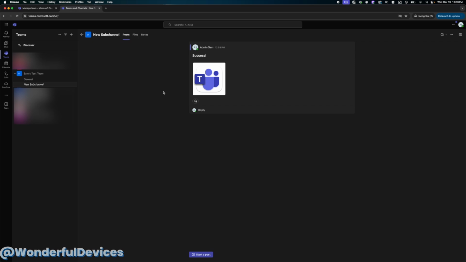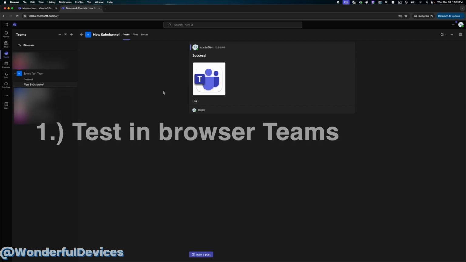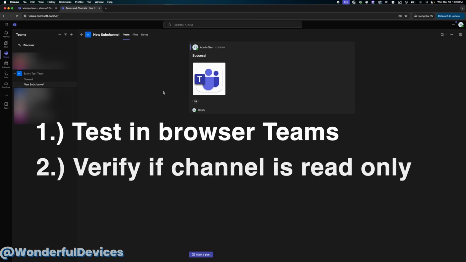So if this doesn't do it, make sure you open up your Microsoft Teams in a web browser and try doing the same thing there. If it works in the web browser but not on your desktop Teams, you might need to fully uninstall or repair your desktop Teams. It's also worth mentioning that if an admin makes you a read-only user in a channel,